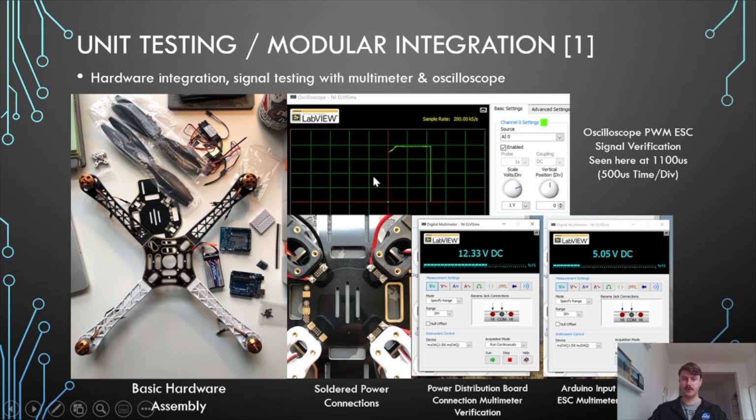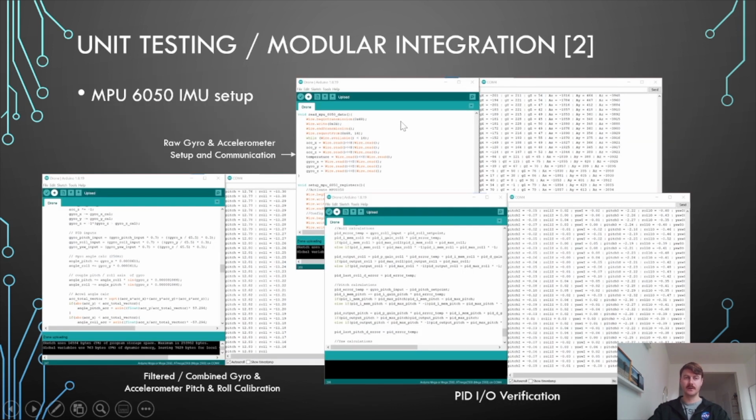And then here we have the oscilloscope showing the signal actually being sent to the ESCs, the PWM signal, and at 500 microseconds time division, we can see that the 1100 microsecond signal is exactly as we were expecting. So after that was all set up, the second big phase was the IMU and getting that